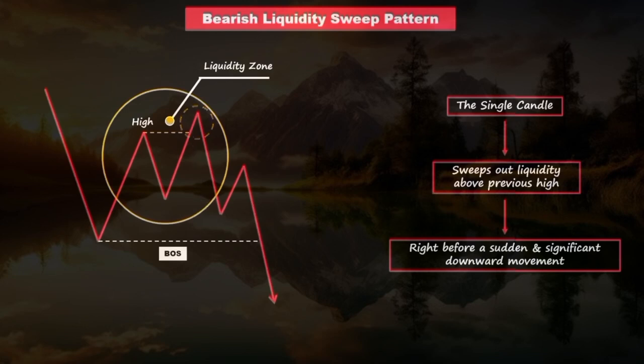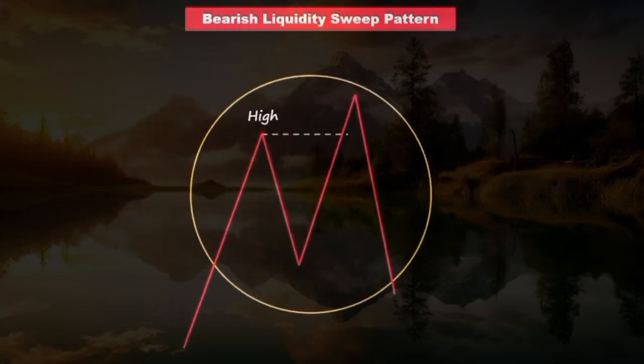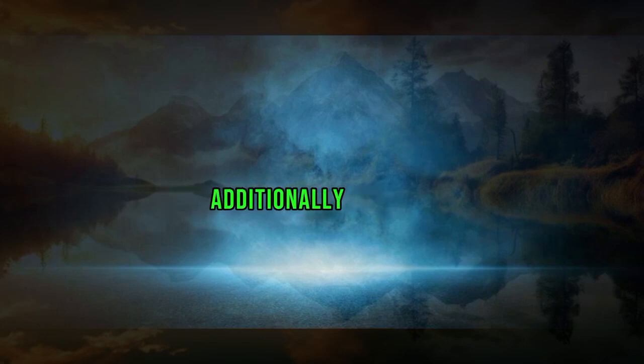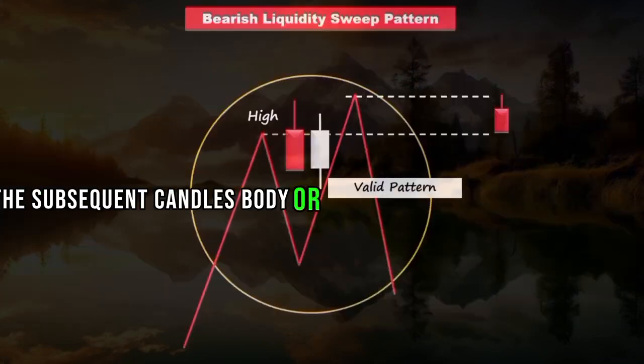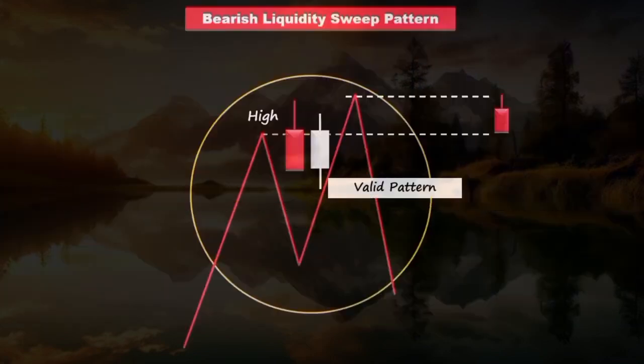price movement. It is crucial that the price sweeps the liquidity above the highest point of the previous structure using only one candle, body, or wick. Additionally, the subsequent candle's body or wick should not exceed or close higher than the first candle's body or wick. We want to see an immediate reversal in price direction, with the price returning to the range below the high